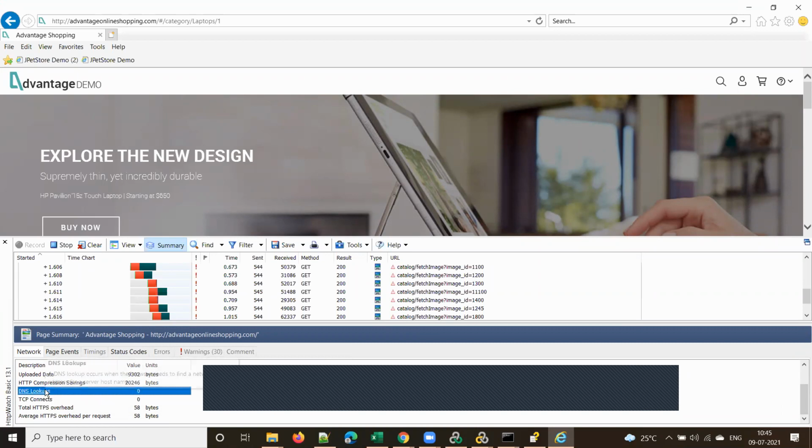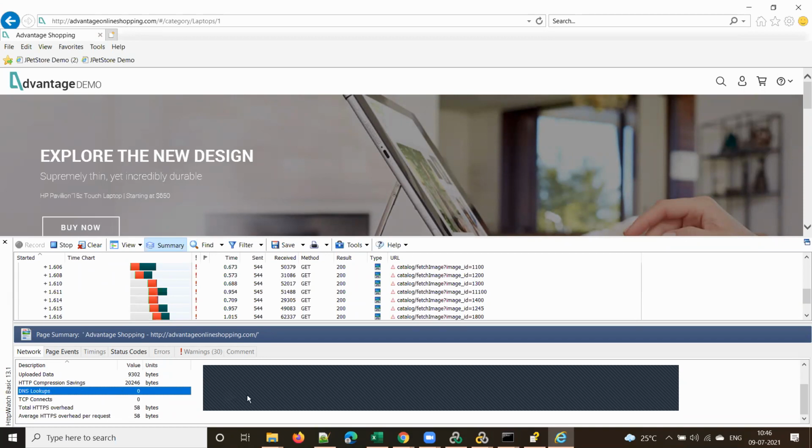DNS lookup. See here. What is DNS lookup? I explained just now, guys. What is meant by DNS lookup? Domain Name System. So what is the purpose of doing that DNS lookup? We resolve the domain name to the particular IP address, right? So that is DNS lookup. So why is the DNS lookup 0? Because it did not go there to look up. Yeah, from previously, the browser. Once we are on the home page, it should have resolved the IP address. That's why next time when you click on any other page, it will get it from the browser cache, right? That's why you see DNS lookups as 0 here.